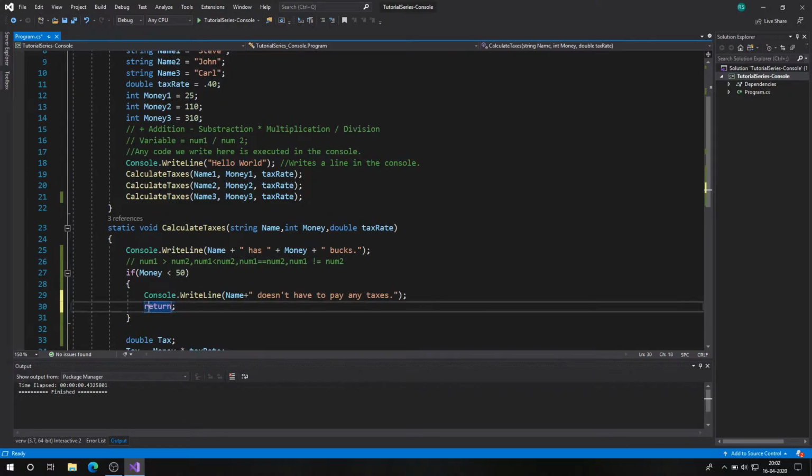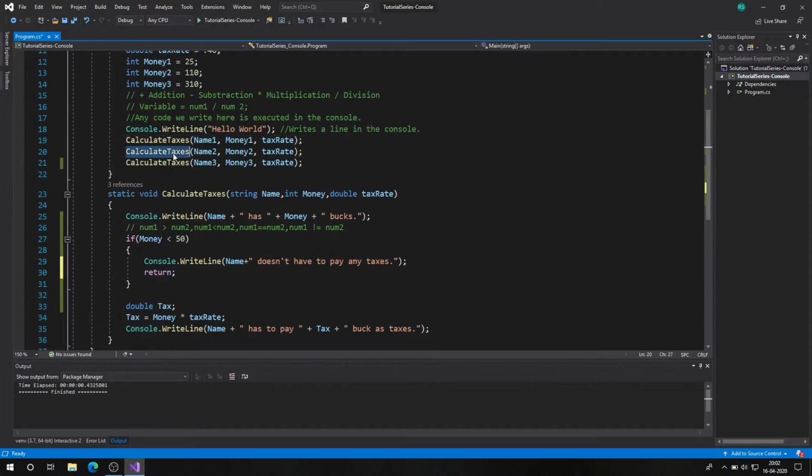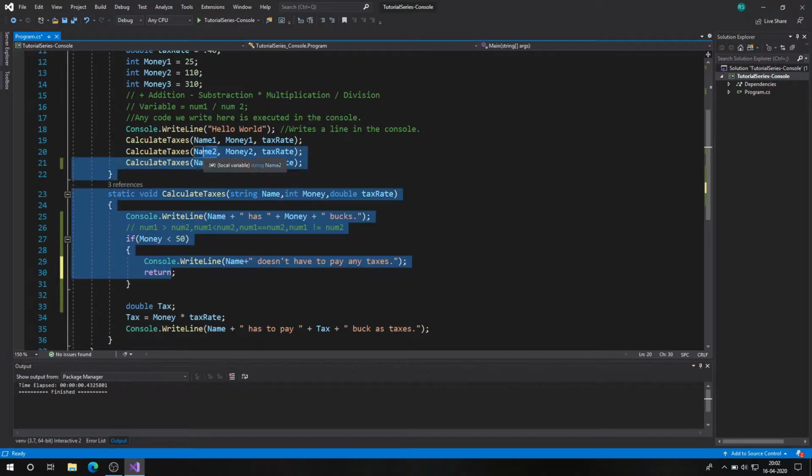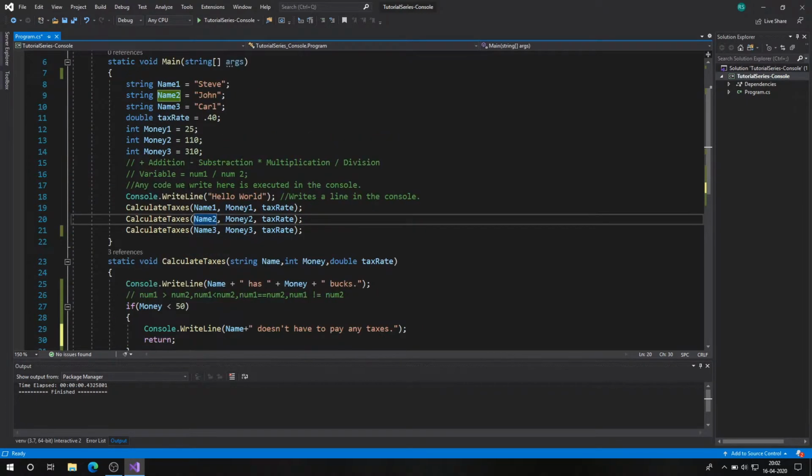This return, what it will do is, if this return line is executed, it will return the function. So it basically will come out of the method and go to the next line of the code where that function was called. I'll explain again. For example, Steve has 25 bucks. Money is less than 50, obviously, so it will say Steve doesn't have to pay any taxes. Then it will return, and then it will say John has